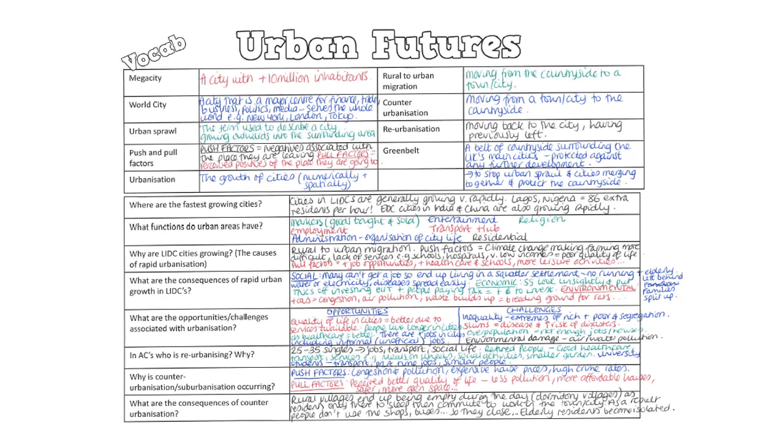What are the opportunities and challenges associated with urbanisation? So there are opportunities of lots of people moving into the cities. These people are able to have a better quality of life than they did in the rural areas because there are more services available. People live longer in the cities, the healthcare is better, there are more jobs, including all of those informal or unofficial jobs like collecting scrap metal from the rubbish dump. People can make more money.